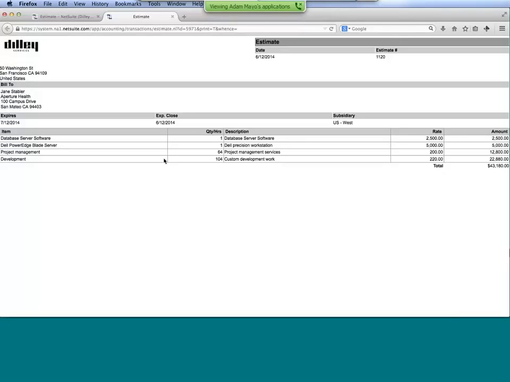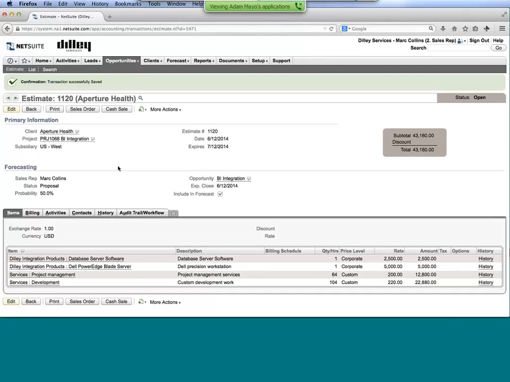And you can see here we have an estimate that we may send off client-facing that has the details of not only the services but also the products that we're selling within here. And again, this is a form that you'll be able to modify, change. You can change terminology, add logos, add or reduce the amount of information that's being displayed here. So those are all things that you're able to modify right in the front end.